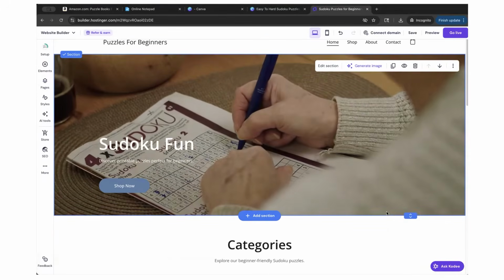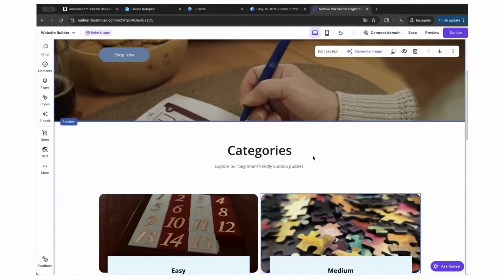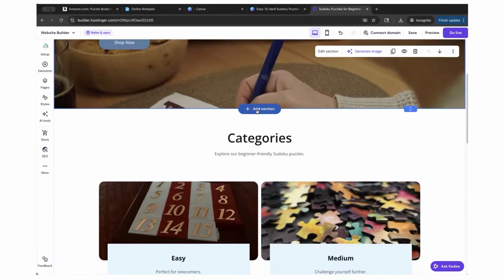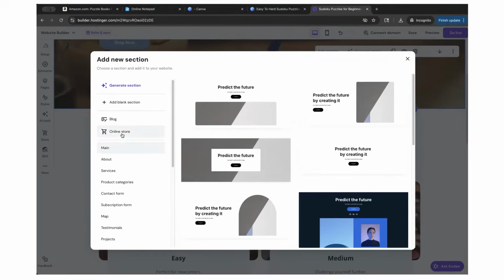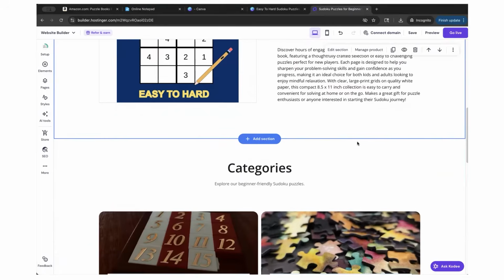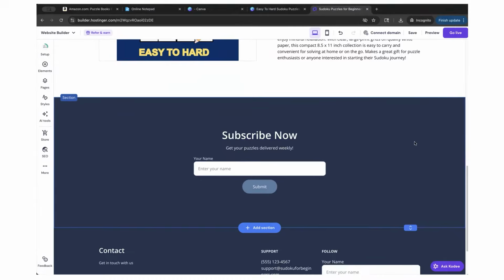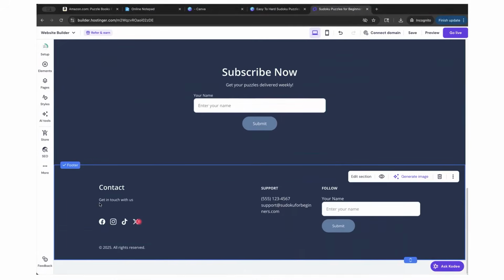And this is pretty cool. You can actually change the section height. Isn't that nice? I love that about Hostinger. Over here, I'm going to click add section, online store, single product, and now my Sudoku is huge on the screen. I do not need this section, so I'll just click and delete. Always keep the opt-in,